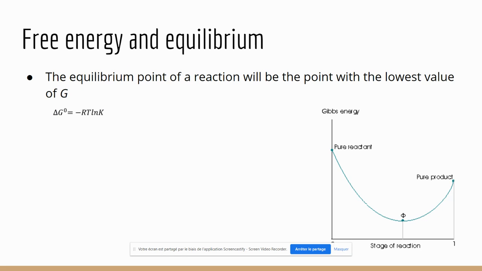You could just do a rough sketch of the picture. Right. So if you take a look at the equation, delta G is equal to negative RT ln K, and that R is 8.314, not the 0.08206. So if you're looking here, the equilibrium point is going to be the point that minimizes G. So there's going to be a point where